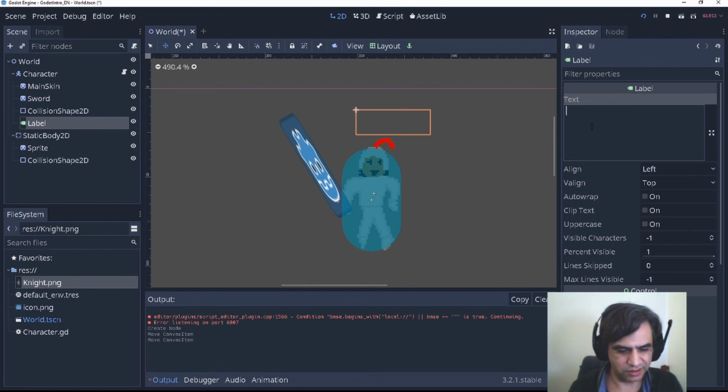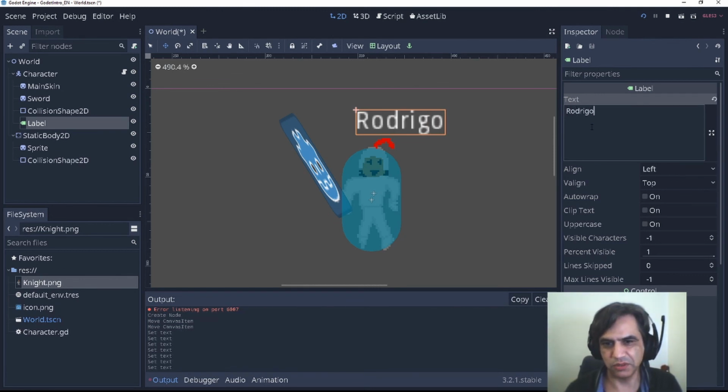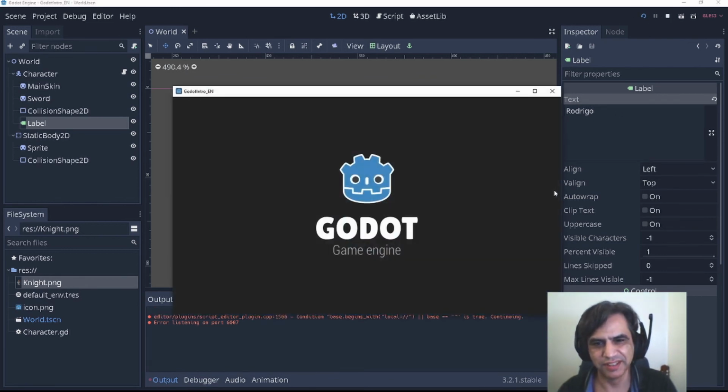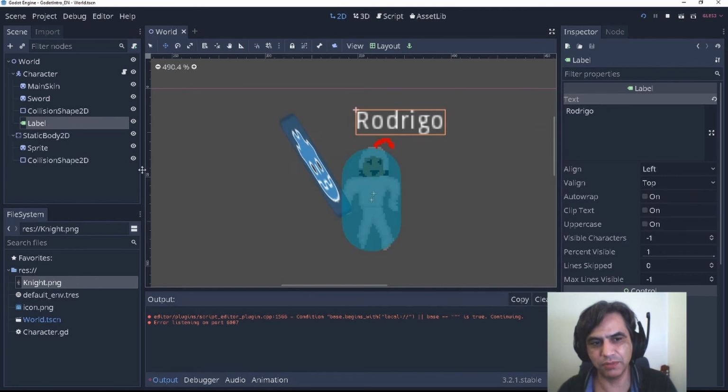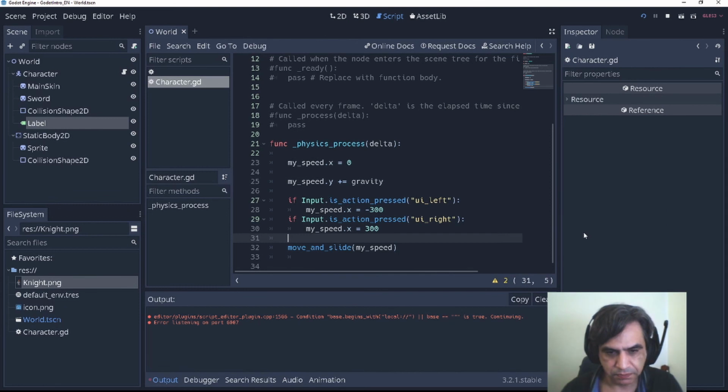So we can write this Rodrigo. If I run this, you see the Rodrigo there. But if we look at the value of the gravity, no, actually it's not gravity. It's the y speed, the vertical speed. We can check that by doing this.